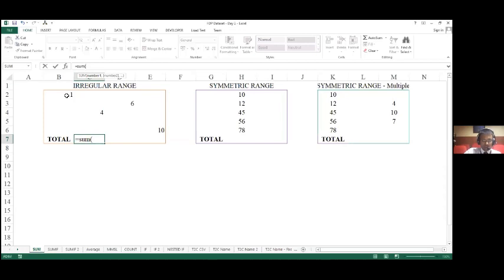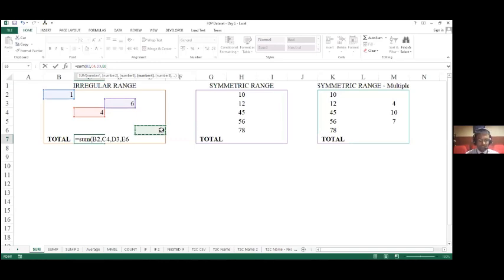So I'm going to click on B2, then comma, then next is C4, comma, D3, and finally again comma, and then E6.